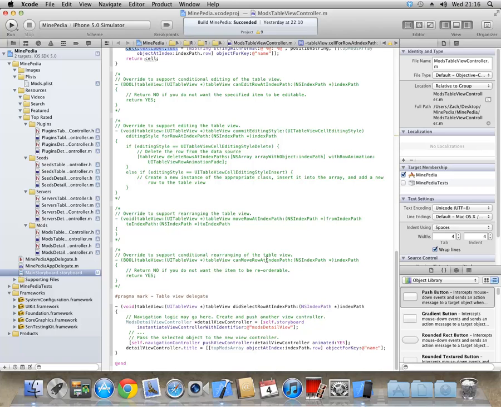So when you search for something, it imports into this array, it displays the same view. So that's the mods detail view, and then it means that in our storyboard